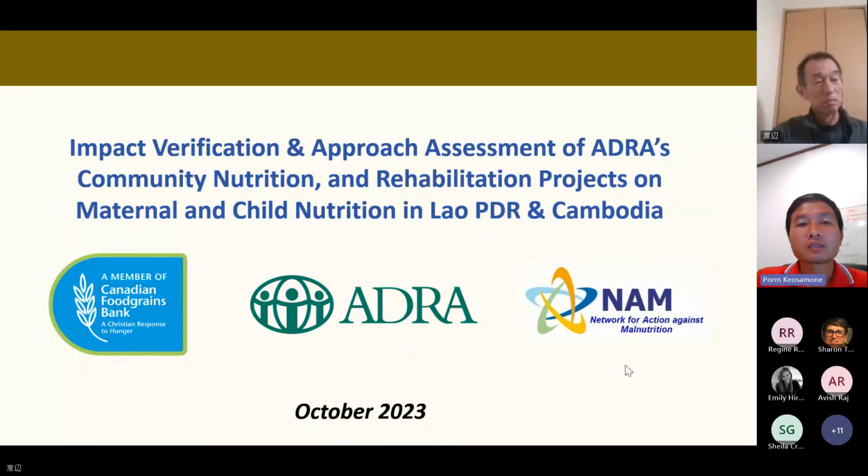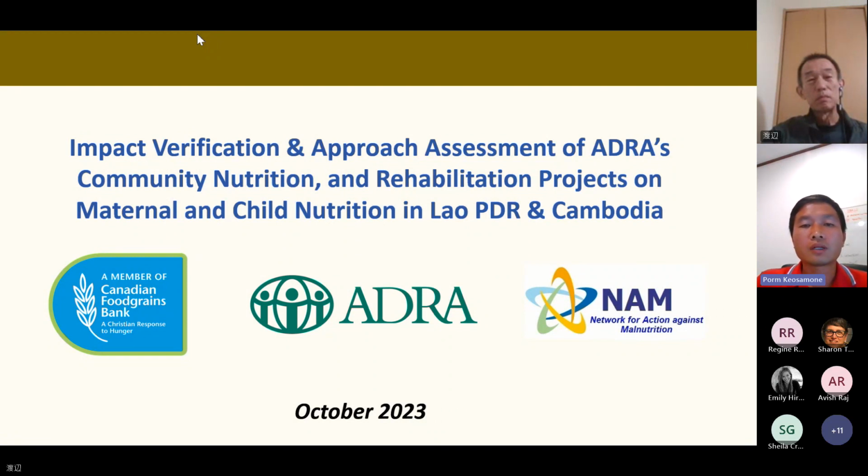ADRA Laos and ADRA Cambodia both are recipients of the CFGP Foodgrains funding, and so we have similar experiences and also implemented similar projects. For Laos, we have over 3 decades of experience in a multi-sectoral approach for integrated nutrition-specific and nutrition-sensitive interventions, and also community-based